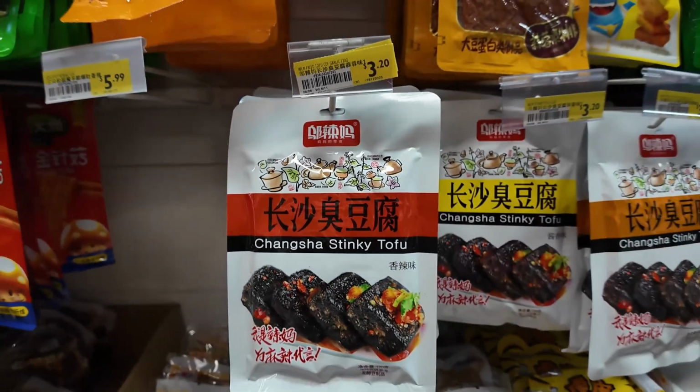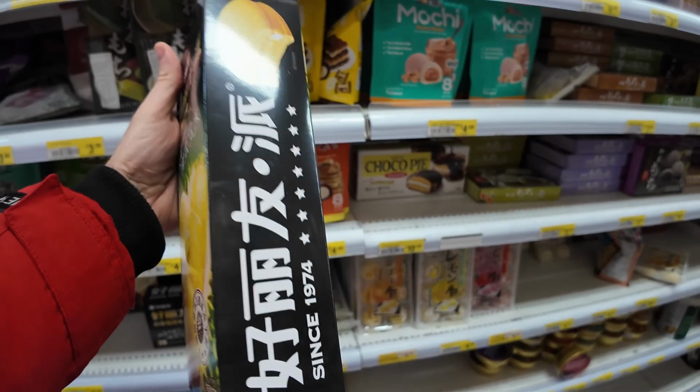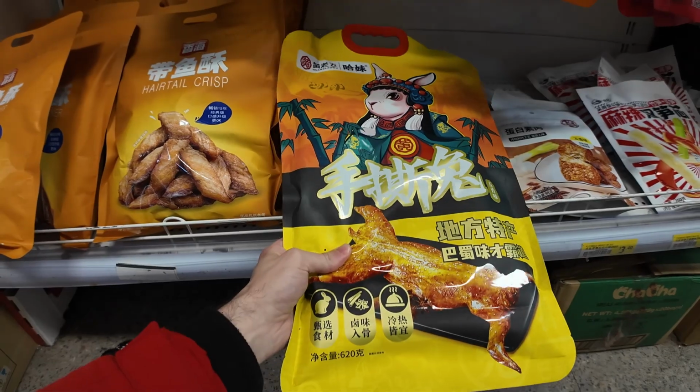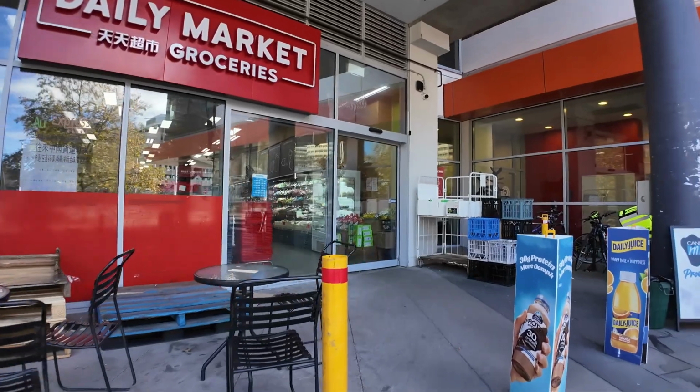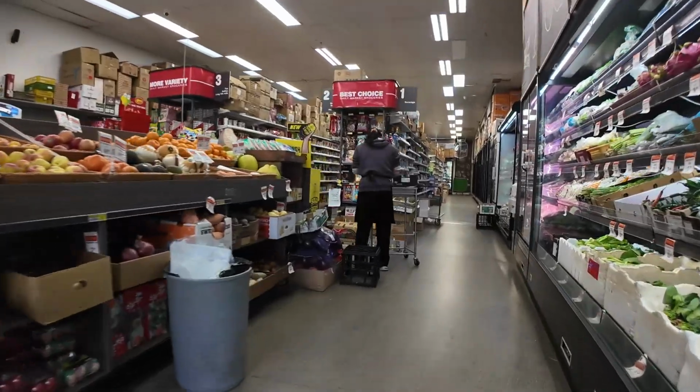Asian grocery stores look different in every country, so today I'm taking you to see what you can actually buy in an Australian Asian grocery store, as well as what's worth buying and some things that might surprise you, including an entire vacuum sealed rabbit. This is probably the most well-stocked Asian grocery store in my city, and as you walk in you are greeted